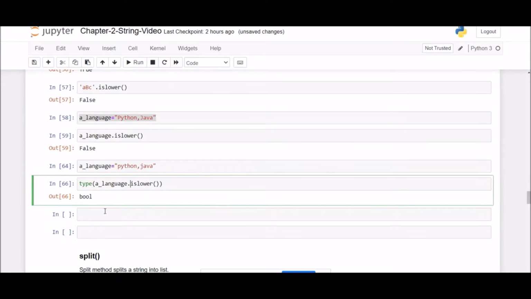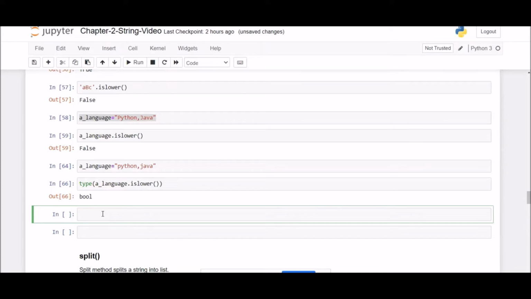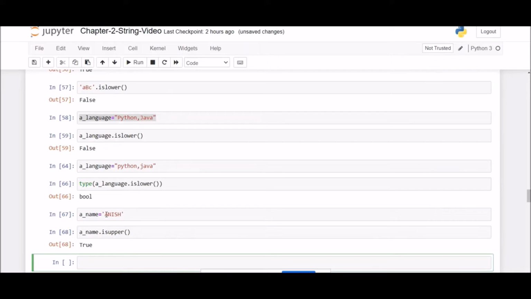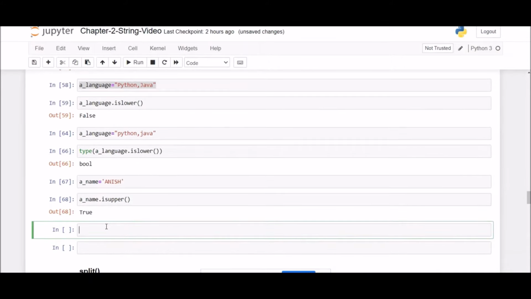Okay, now let us try a few examples of is upper. Let us take a variable, name, with the value ANISH. Each and every character in this string is in capital case. Now if I use the method dot is upper, yes, every character is in uppercase, so it gives true.